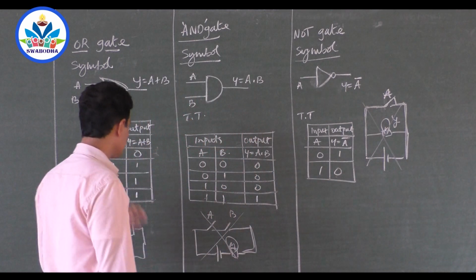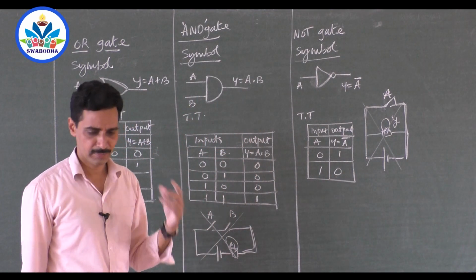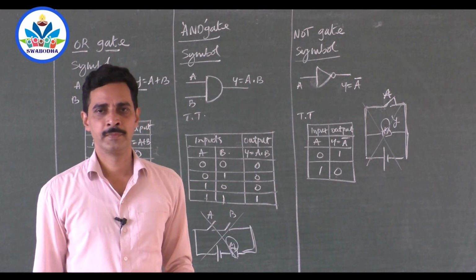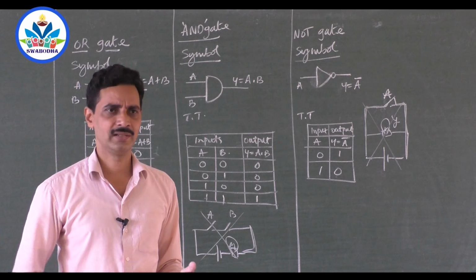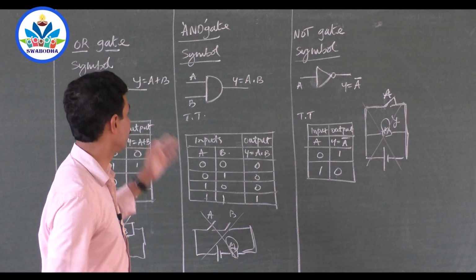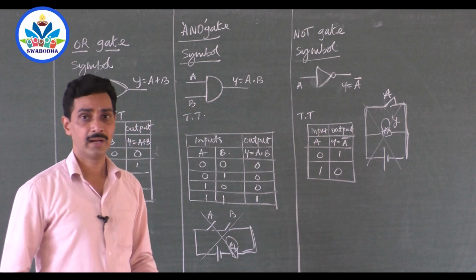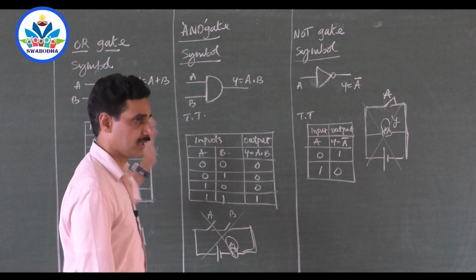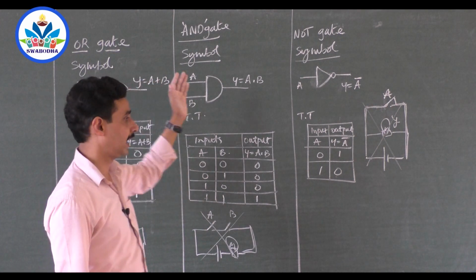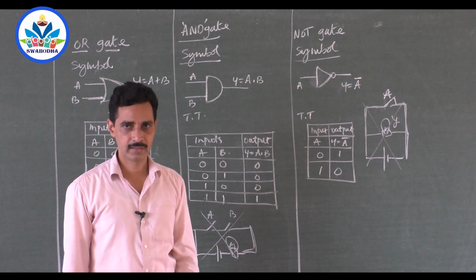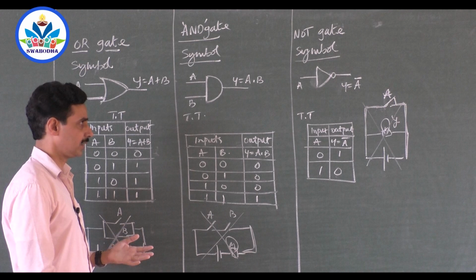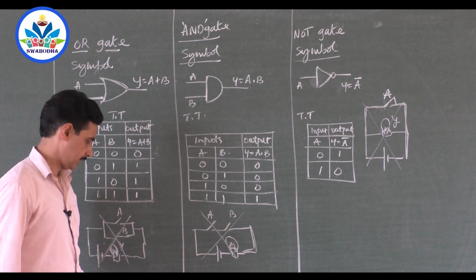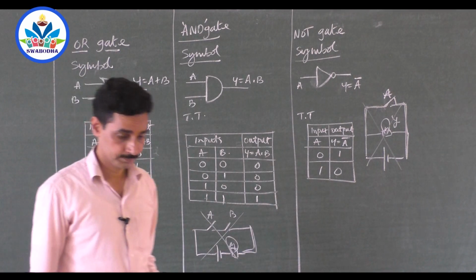Okay, so you may get these questions for 1 mark, 2 marks, or in the series. Write the truth table of AND gate, OR gate, or NOT gate. Write the symbol of AND gate, OR gate, or NOT gate. And how do you write it in the form of an equation? Y is equal to A or B for OR gate, A and B, A dot B, and A bar for NOT gate. And all these things. So either symbol or truth table or operation, very important. Then we will move on.